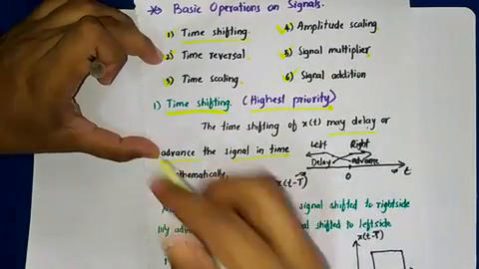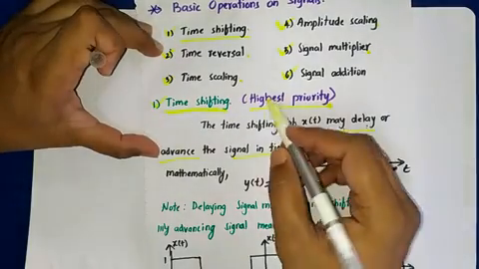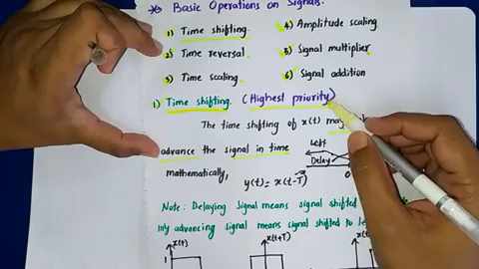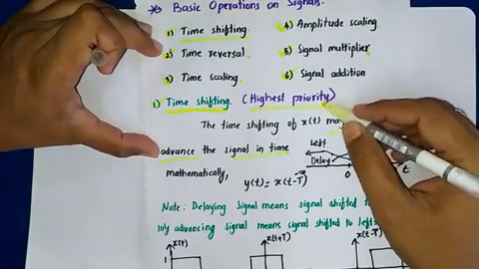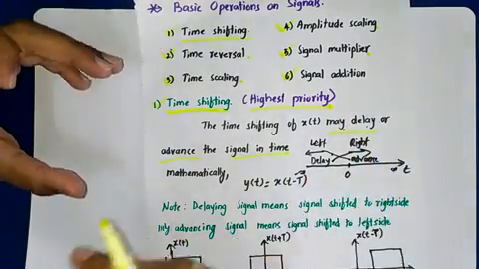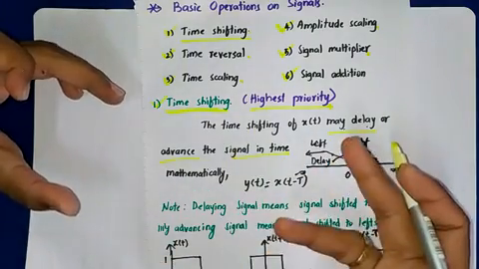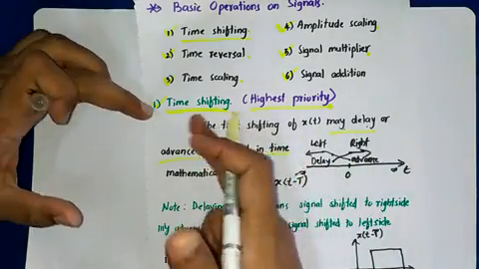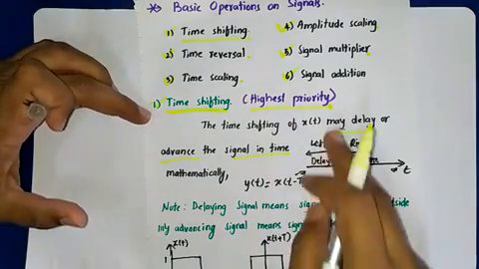Okay, so time shifting property, or you can say an operation on signal, will be given the highest priority while solving the complex signals. Okay, so this you will understand when we have 2 or more operations to be performed on a signal to solve it. That time which one you have to perform first. So if it is time shifting, that has to be performed first. That's why the highest priority.